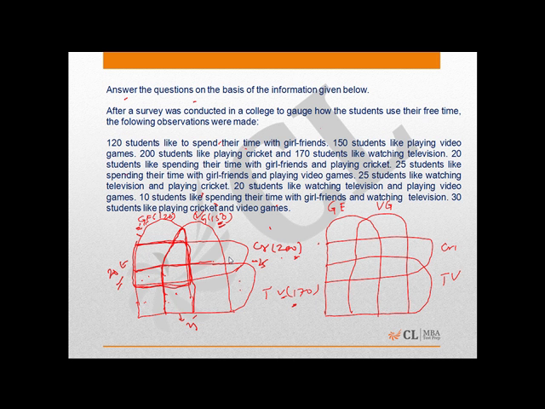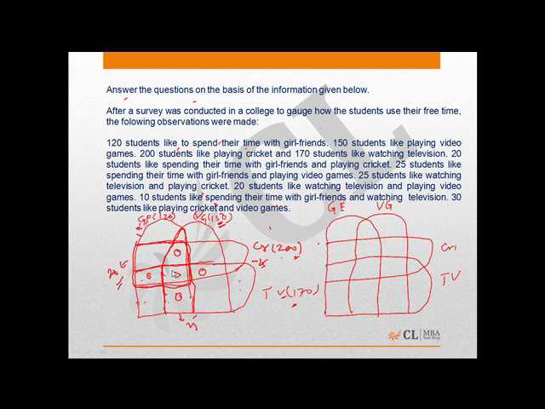On moving to the questions, we realize that in the first two questions, it is given that no student has more than two interests, which means there is no student who has three interests or four interests. So all the regions in the Venn diagram that stand for three interests or four interests will have zero, which means this will be zero, this, and this. These four, along with all those who like four things,